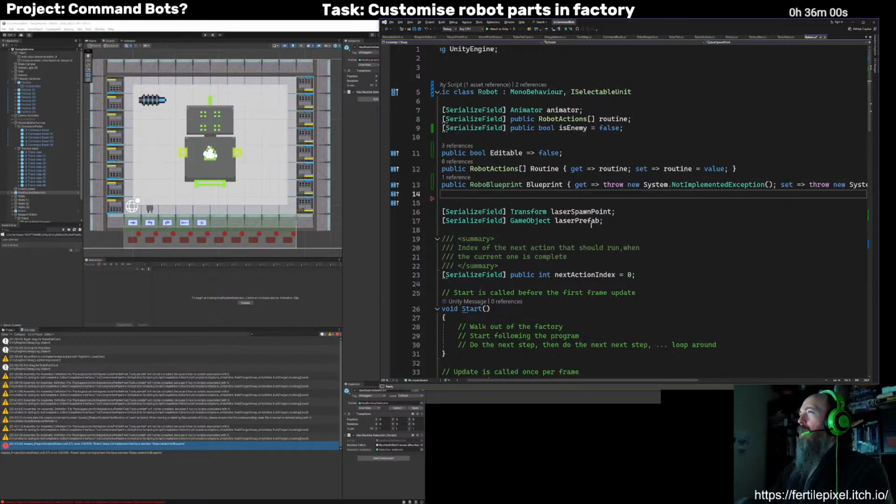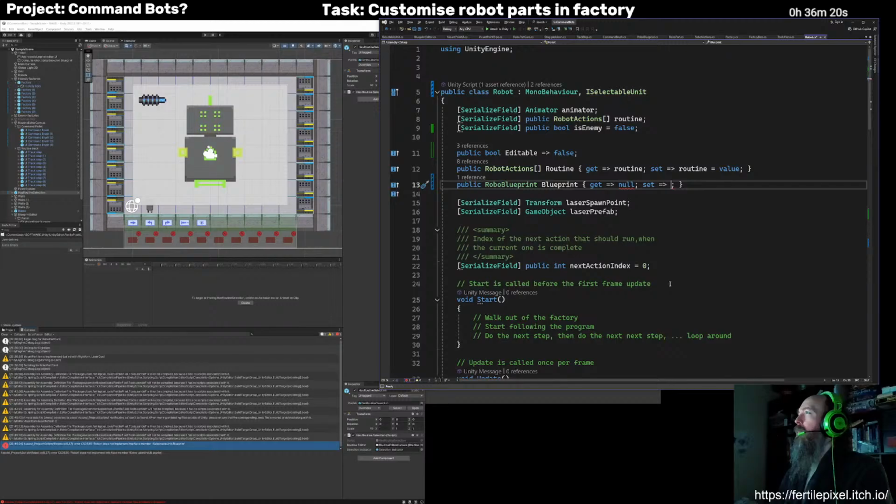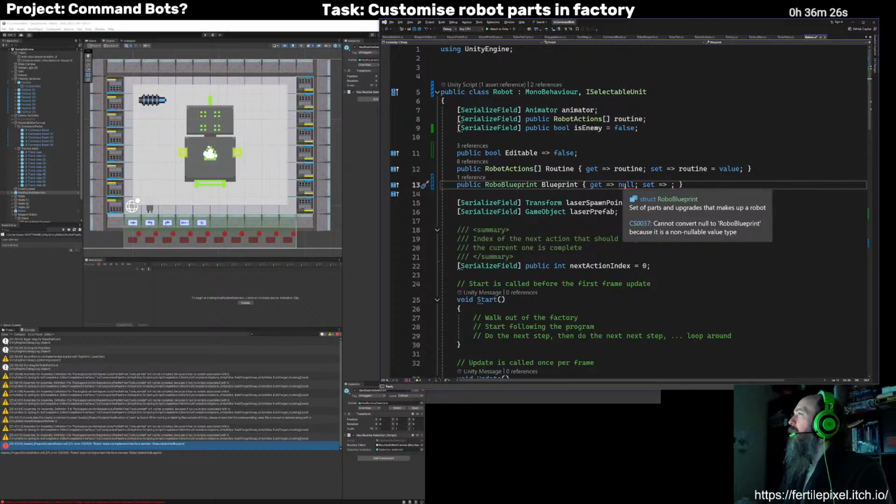And rather than having a comma there, just return null. It's a non-nullable value type.